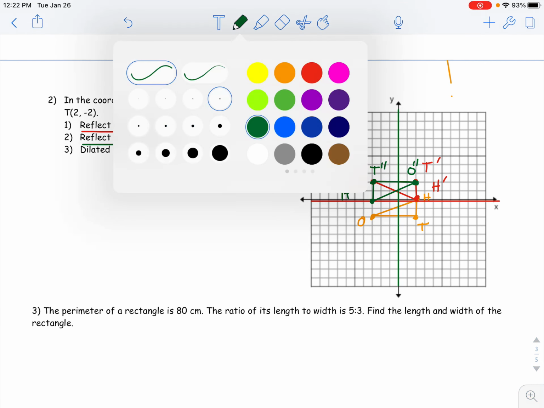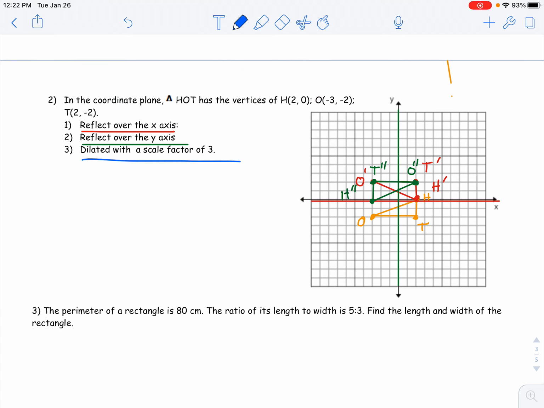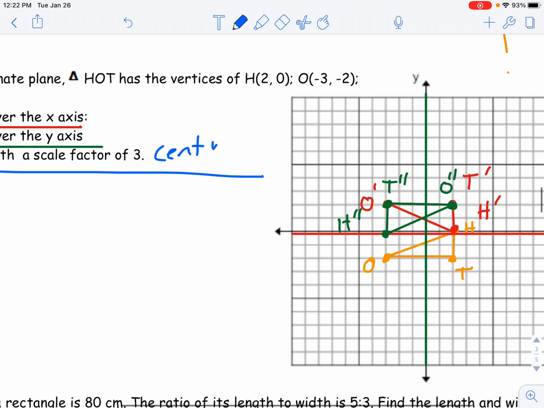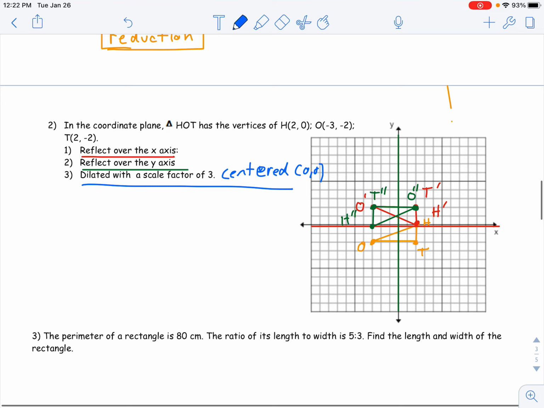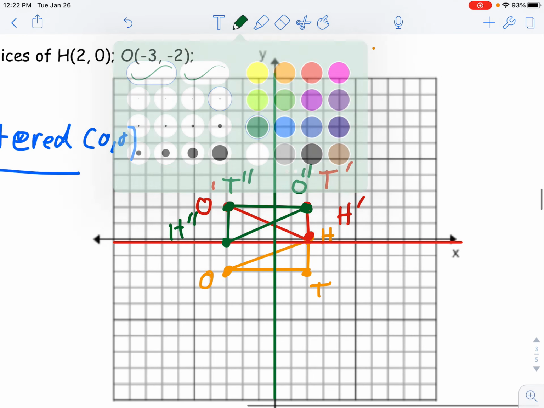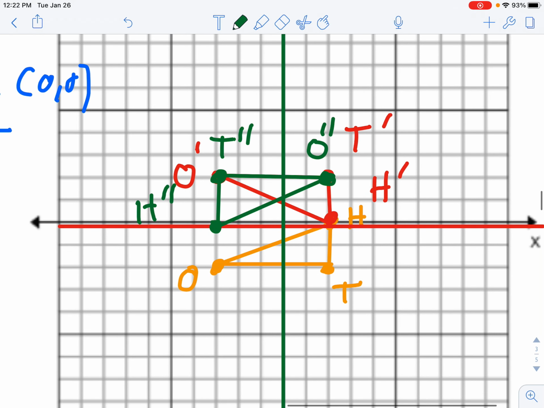And now we're going to dilate with a scale factor of 3. And we should say centered at the origin, or centered at 0, 0. Technically, it should say that. My bad for not writing that down. But anyways, that just means, well, let's look at some stuff. All right. Let's go back, and well, H is now